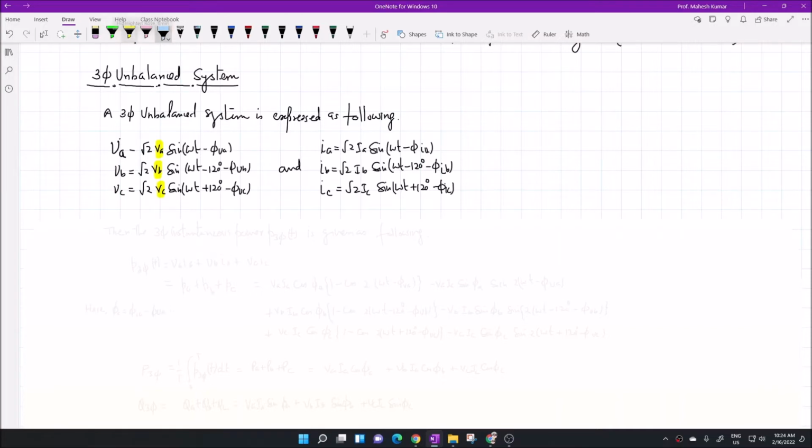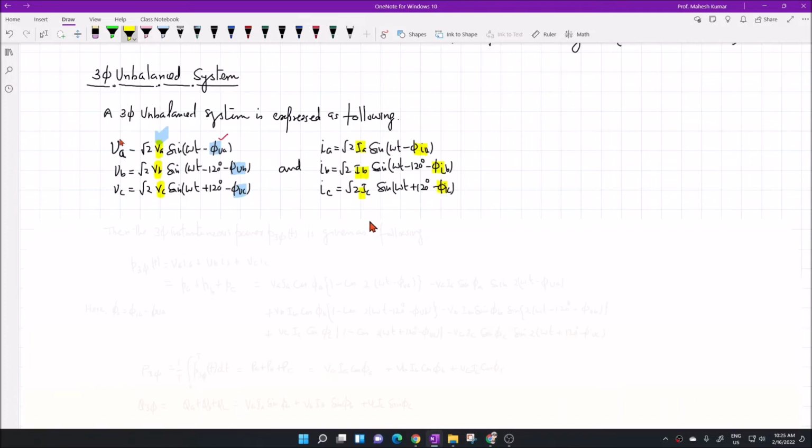At the same time, there is a phase shift in the phase angles, and the phases are not symmetrically shifted by 120 degrees, rather they have an imbalance of phi BB and phi BC. This is phi BA. So these angles are not the same. So there is an unbalance with respect to the magnitude and also with respect to the phase angles. The same is true for current. There is an unbalance with respect to the amplitude of the current, the RMS value, and its phase angle, phi IA, phi IB, phi IC.